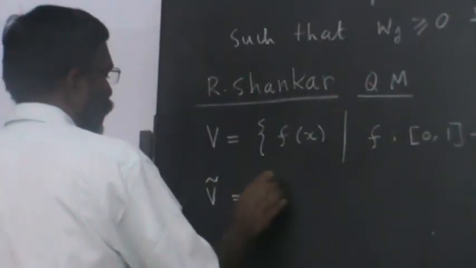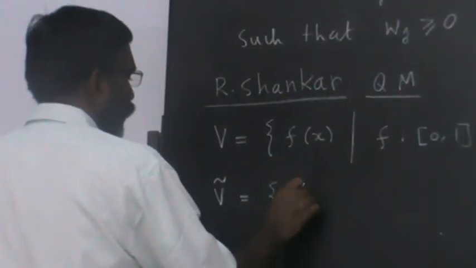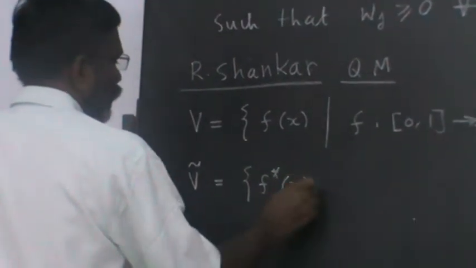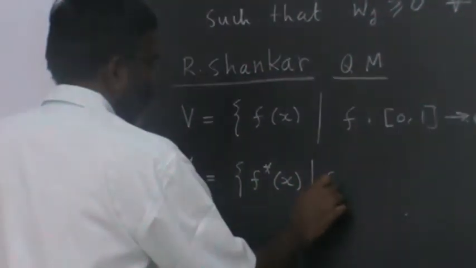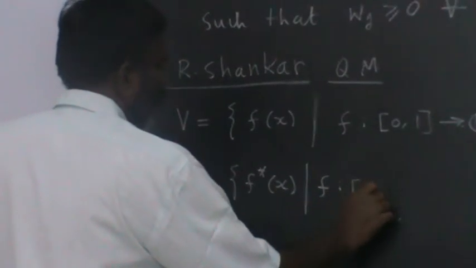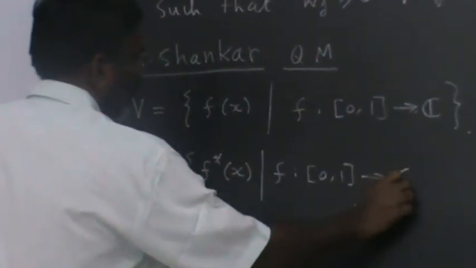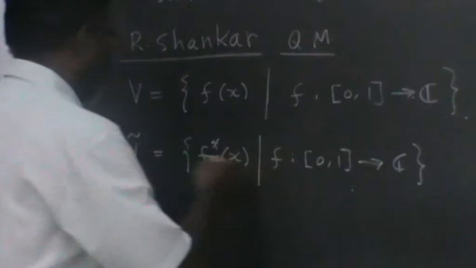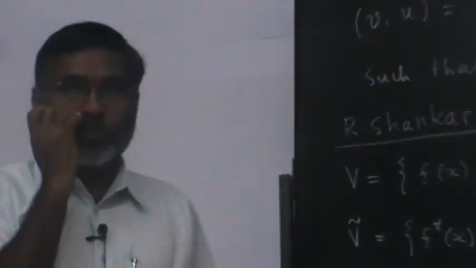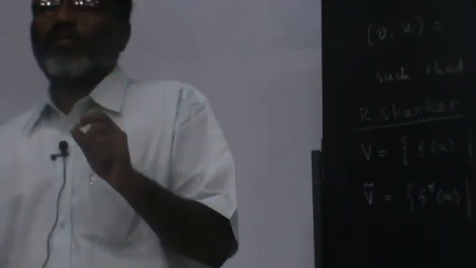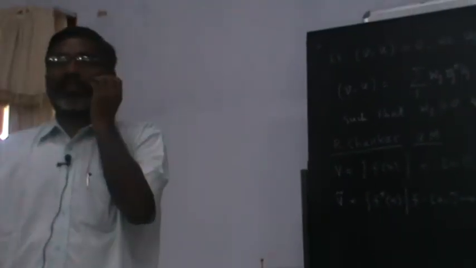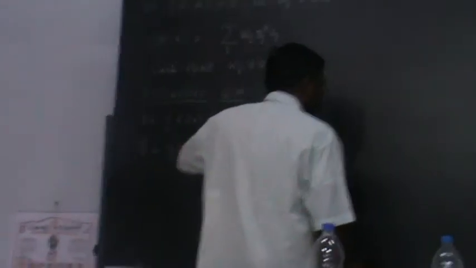Then its dual, V tilde, will be f star of x, such that f is from 0, 1 to C. Same function, but its complex conjugate. So now you take my f of x and f star of x, and you must construct an inner product. So, what is a suggestion which